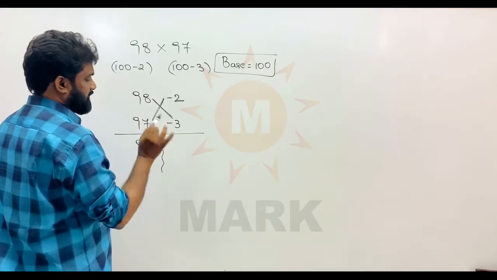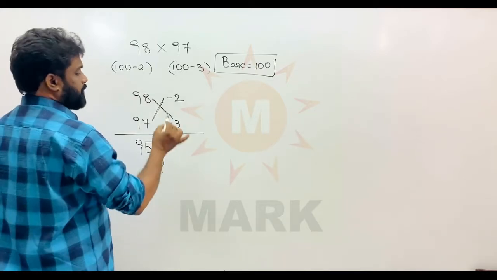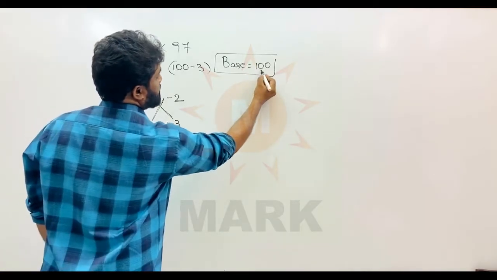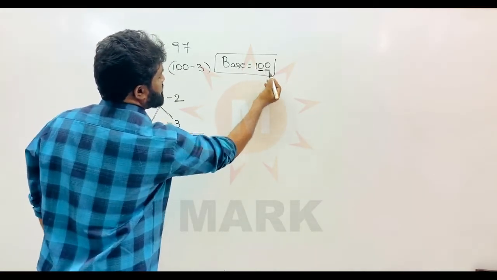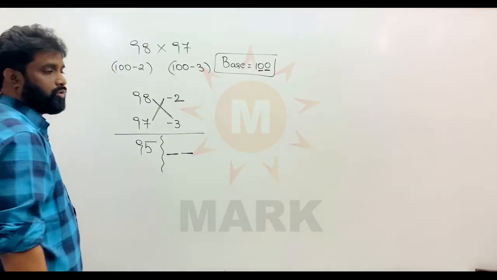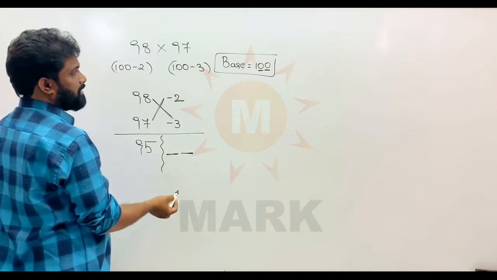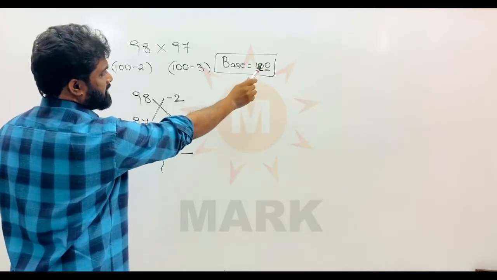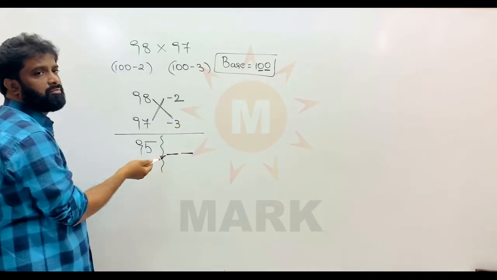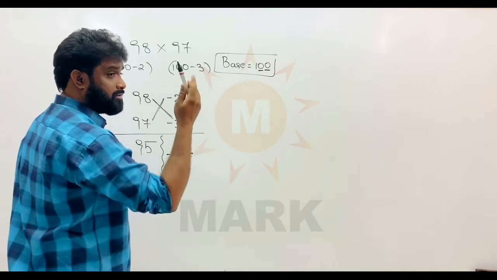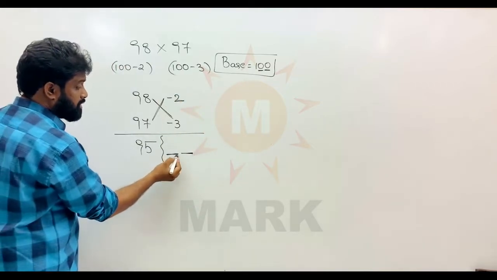Now here comes the right side part. What is the right side part? In the right side part, you have to create as many slots as the number of zeros in the base. However many zeros are in your base number, that many slots you have to make ready here. How many zeros are there in your base number? 2 zeros are there. So 2 slots you have to make ready here.